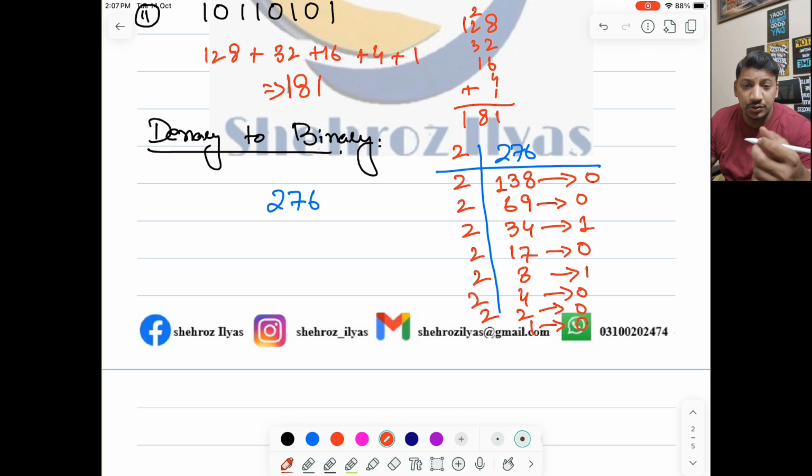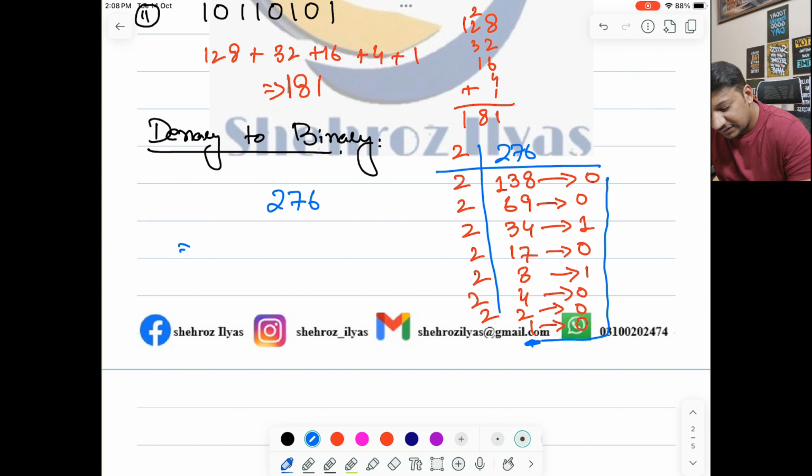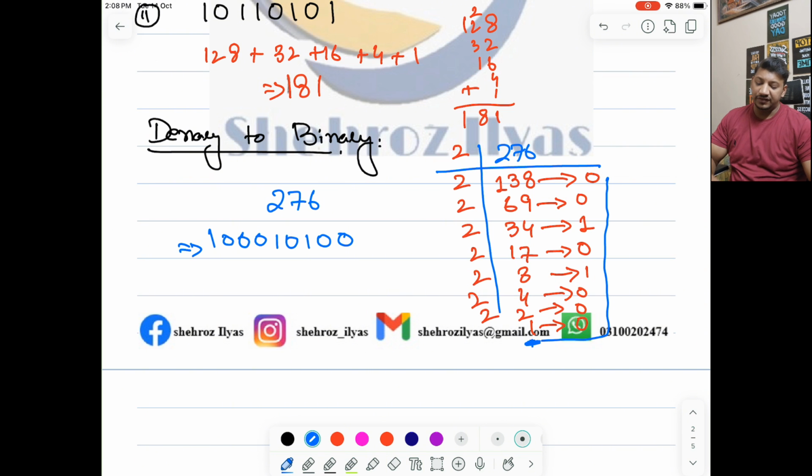Now this is our LCM method. Now how are you going to write the answer from that? You will start writing the answer from the bottom, from here on. You will go from bottom to top, going upward from here like that. So what you are going to write: the answer you write is 1, then you have 0 0 0 1 0 1 0 0. So this is how you are going to convert our denary